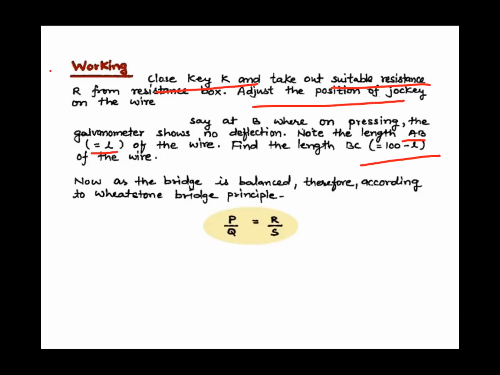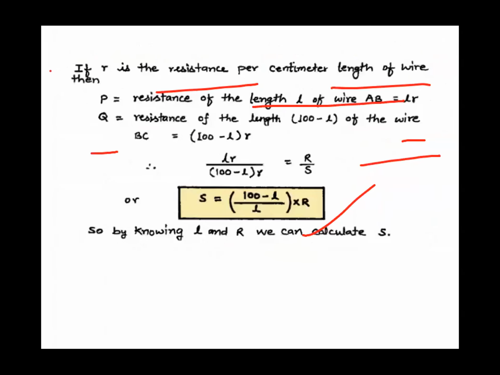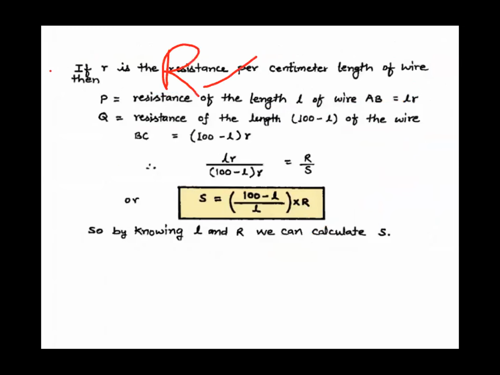Okay, now we are going to just put the values, right? And then we will get the answer. We know that the resistance is proportional to the length of the wire. We know the factors on which resistance depends. Now we know, children, this condition, that at null deflection, at zero deflection, P by Q equals R by S. This we know, right? So we know resistance is proportional to length.